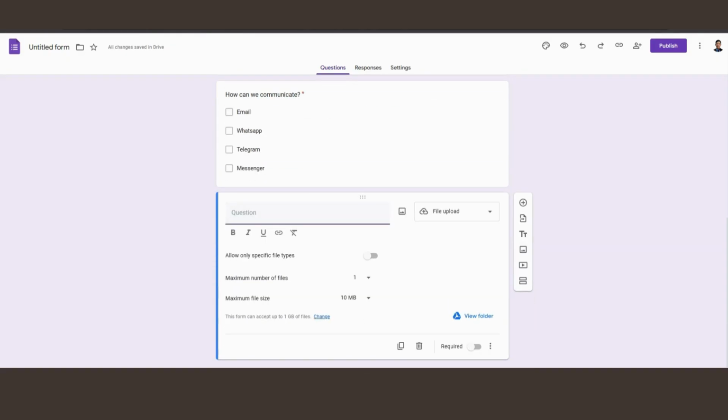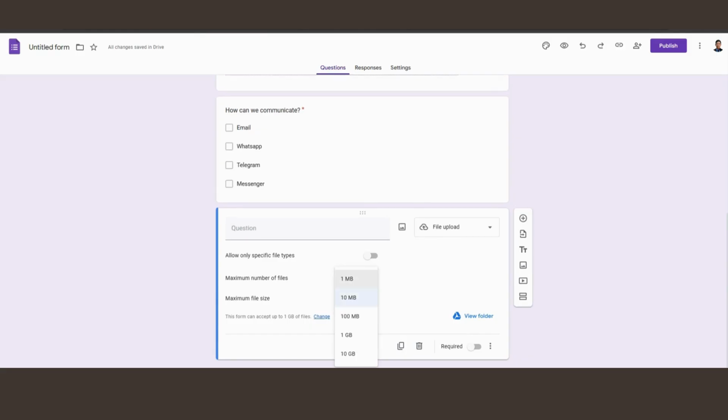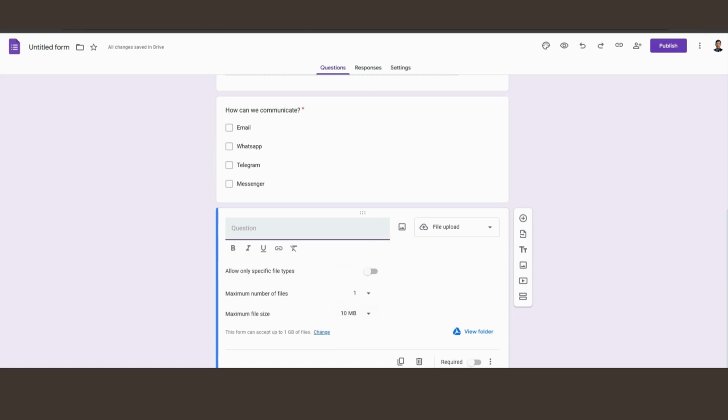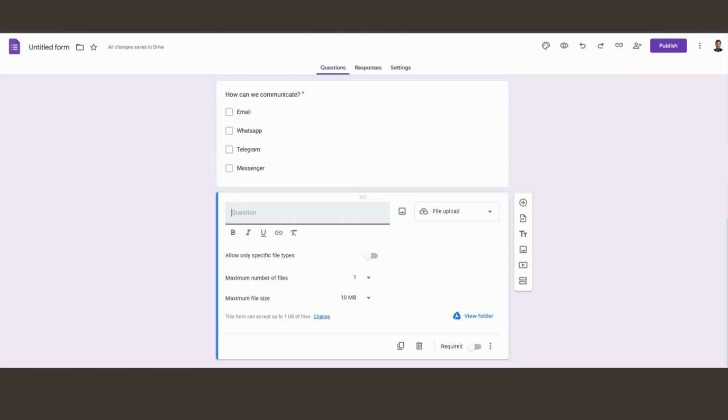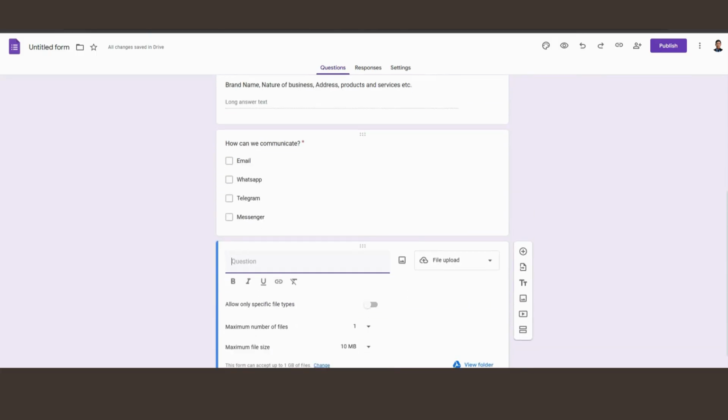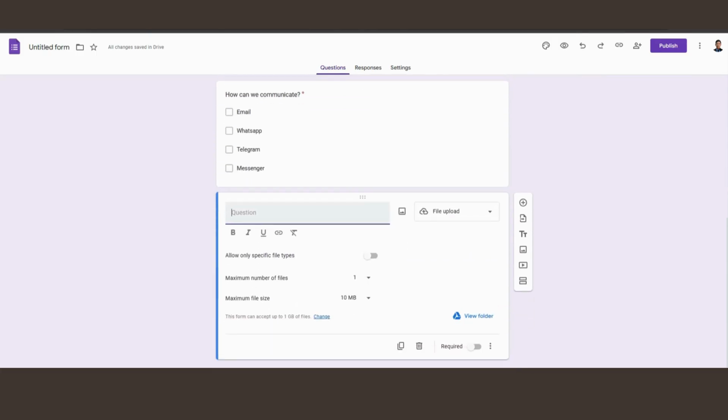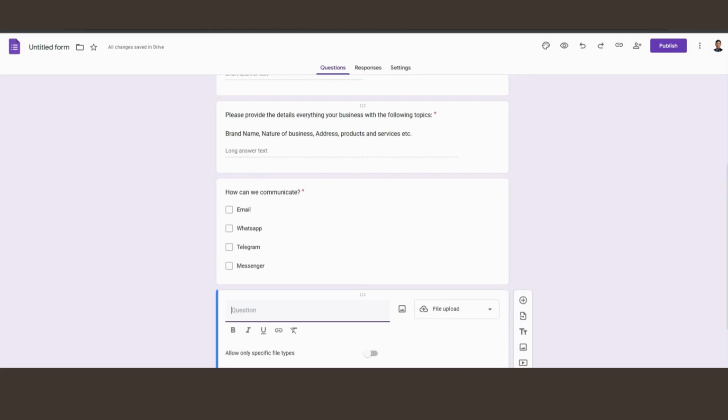It's up to you what file size you require. Once a customer uploads a picture or file here, then of course, not just the other information or details, the picture will be automatically and directly inputted to the Google Sheets or a drive.